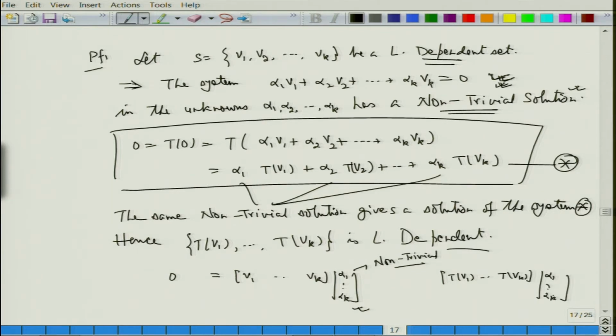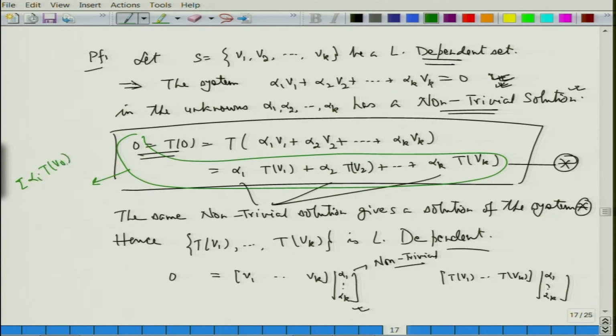Okay. The important thing was that T of 0 was 0 itself. So, the same thing will give you, fine. So, how do you go back? Understand that when you want to solve a system, you look at this part, fine. This is a system you would like to construct to show that T of V1, T of V2, T of Vk is linearly independent. So, you have to consider the system summation alpha i T of Vi, i equal to 1 to k, equal to 0